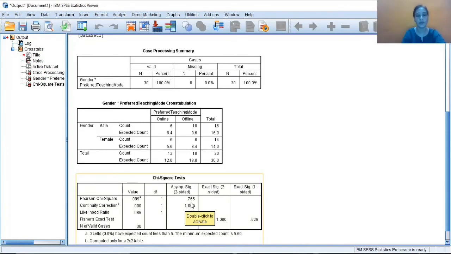This value is greater than 0.05. So in that case, we have to accept the null hypothesis. And what was the null hypothesis? The null hypothesis was there is no association between preferred teaching mode and gender. That means preferred teaching mode is independent of gender. So gender is playing no role in opting for the teaching mode. This way we have concluded from this particular cross-tabs or chi-square test.